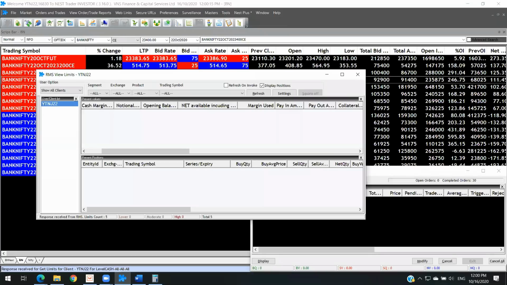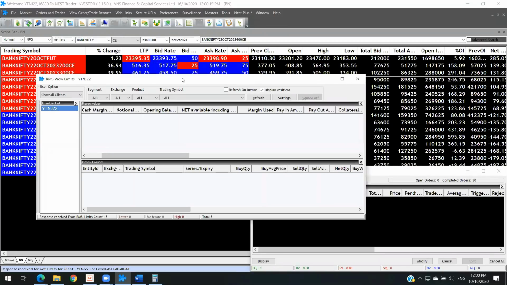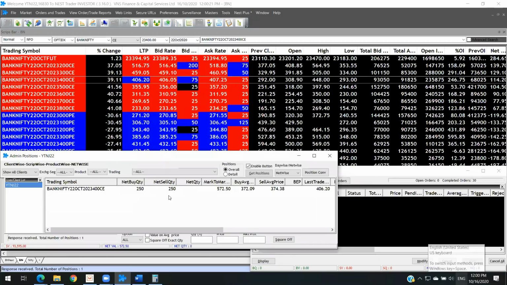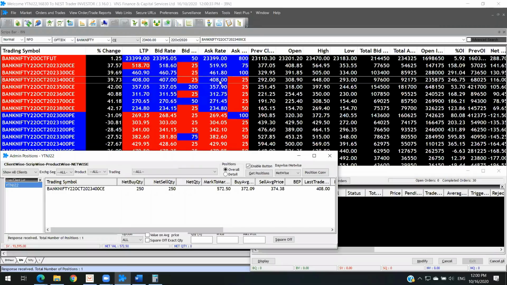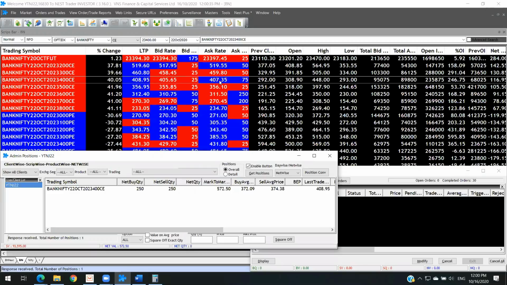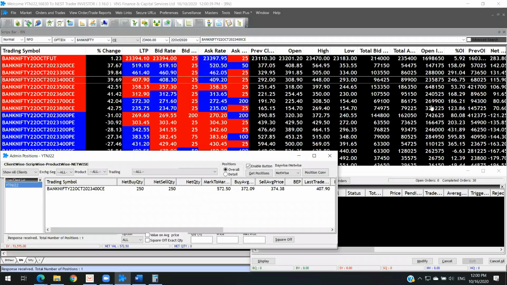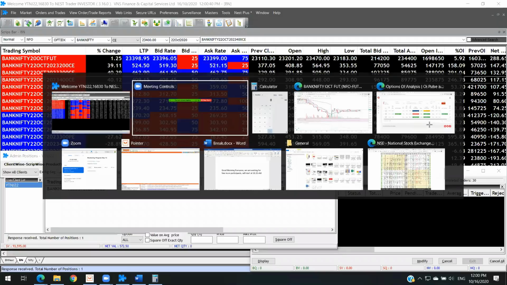Okay, Shift F11, you will be able to see the admin position. Do we have any positions now? Nothing. So we traded something between 370 to 374 when the training started. Now it is trading at 404, with the Dow at minus 27 points, and the market is just moving ahead. Bank Nifty is moving on thin volume, but it is mildly bullish. So again, they are trying to take it higher.